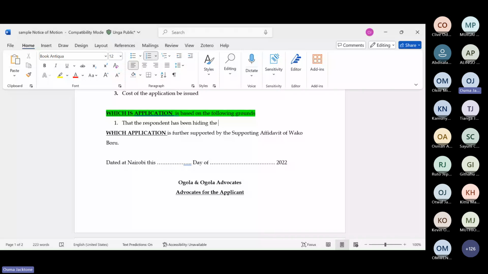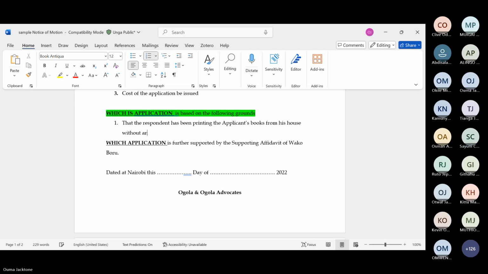So whatever the question says, the respondent has been printing the applicant's books from his house without any license or authorization.